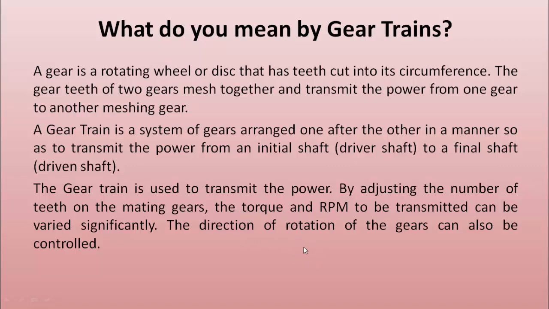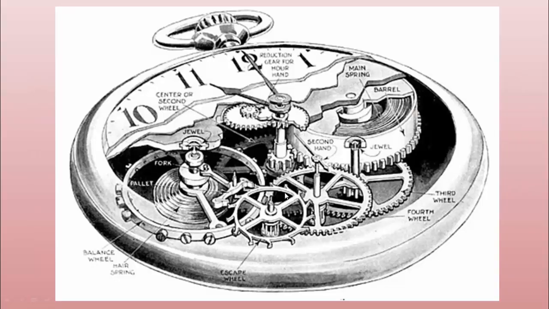Some of the earliest examples of gear trains were watches. This is a handheld watch. As you can see, there are a large number of gears inside this. In the olden days, what was the main thing that was to be done? You had to wind it. There was an inner spring here. This spring was wound using manual force, and as this spring unwound, it started expanding. It used to rotate the various gears. The rotation of these various gears is used to move these hands, the hands of the clock.